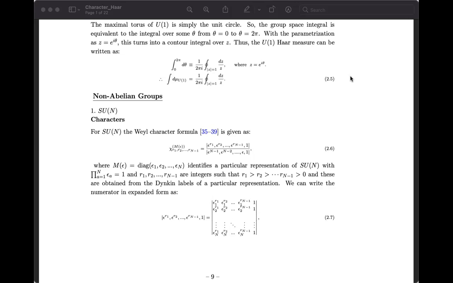Now we can write the numerator in a much more expanded form, which is nothing but the determinant. It's like epsilon 1 to the power R1, epsilon 1 to the power R2, and so on, till epsilon 1 to the power 0. And then the same in terms of epsilon 2, and so on, it will continue to epsilon n. So if you say SU(N), then you have epsilon n. But you can understand that all the epsilons are not independent because they satisfy the product of epsilon a, where a equals 1 to n, equal to 1. So that will serve as a constraint. One of the epsilons we can represent with respect to the others as well.